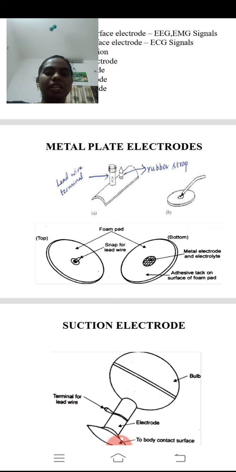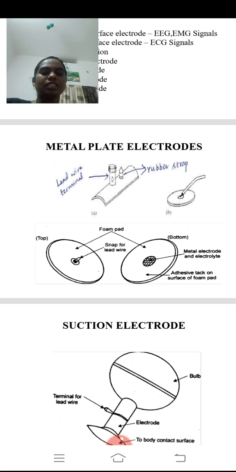The cylindrical type will be fixed on our body, from which we can pick up the nerve activity and so on. This nerve activity will be seen through the lead terminal, and the signal will be analyzed so that our nerve activity is monitored. Through this monitoring system, if our nerve activity sometimes exceeds the limit or sometimes lags the limit, from the difference between these two signals, how our nervous system works can be found out.